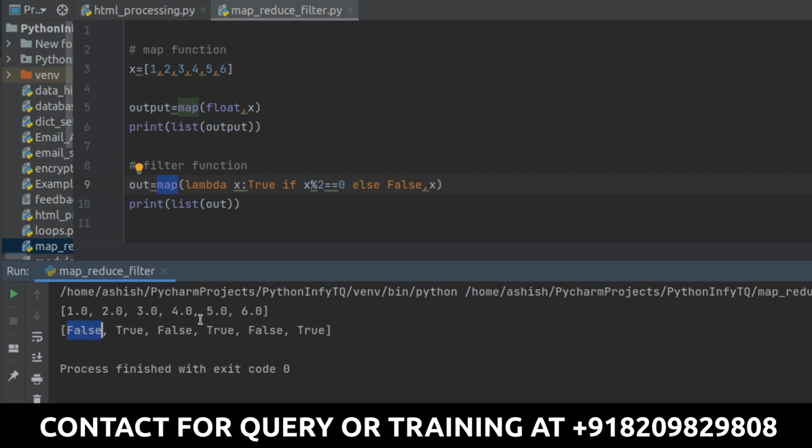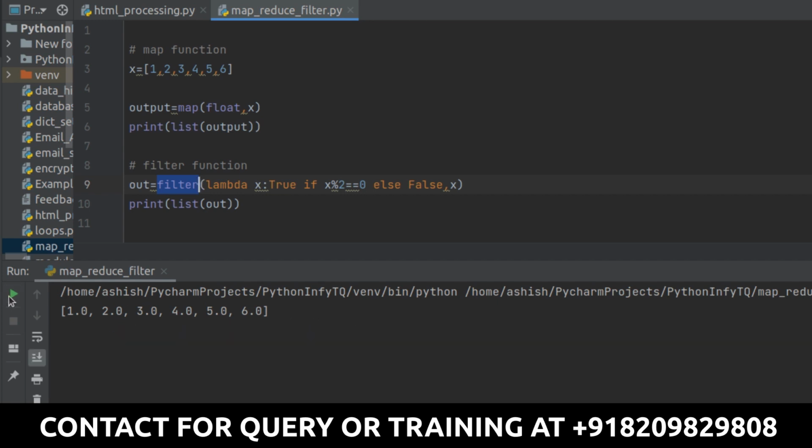But in the filter part, whatever values are false values, none value, or whatever it is, you are going to remove those values. Wherever you have the false or none value, you will only get the values for those positions which have a value as true, right? So this is the reason when I use the filter function, wherever I have the true values, it is going to give you the value for that. So this is the way you can use the filter function, right? So this is all about the map and filter function.